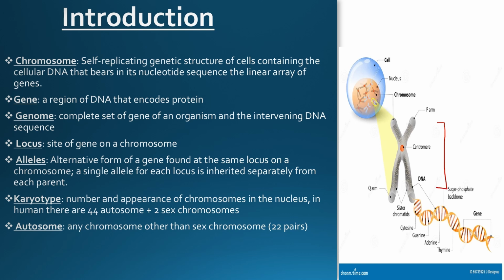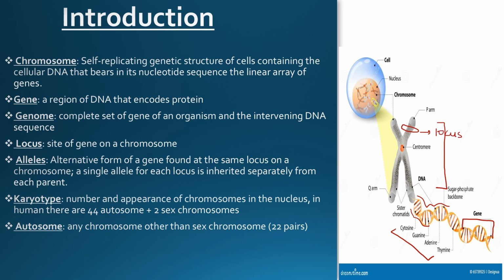This X-shaped structure right here is the chromosome. Inside this is the supercoiled DNA. This DNA is made up of these four bases, cytosine, guanine, adenine, and thymine, and this area right here is the functional part of the DNA, or the part of the DNA that encodes for a specific protein. This is known as the gene. This gene is located in a specific area on the chromosome, and this area is known as the locus of